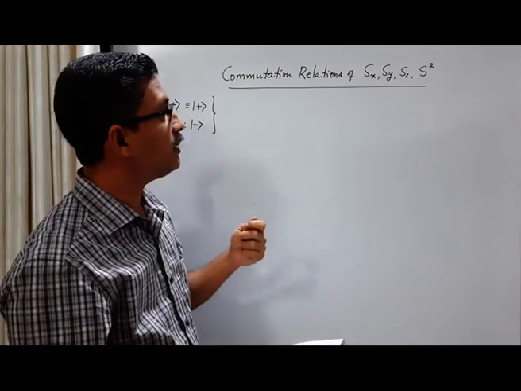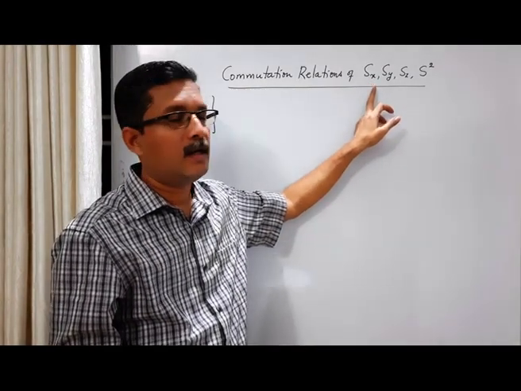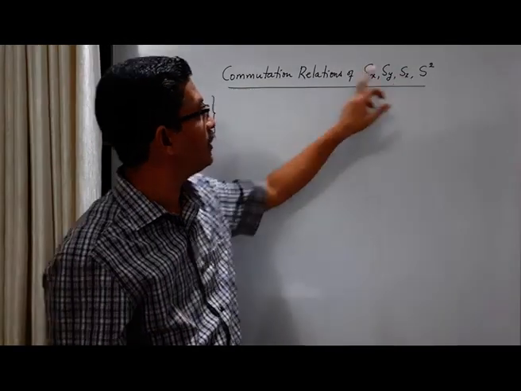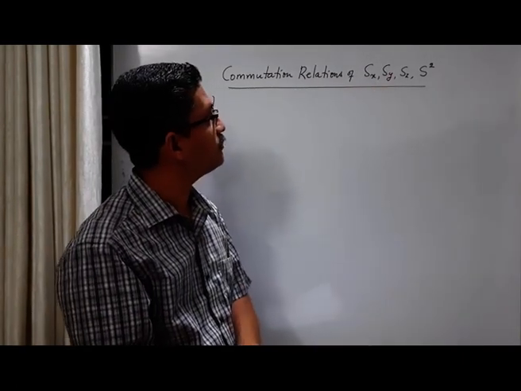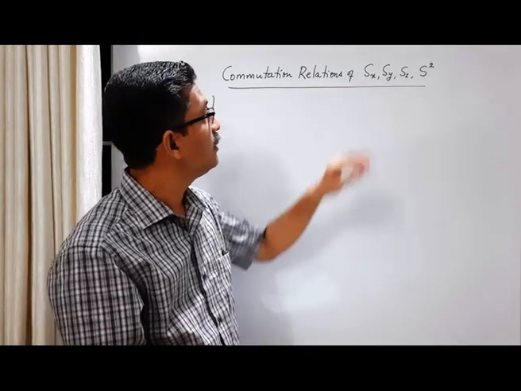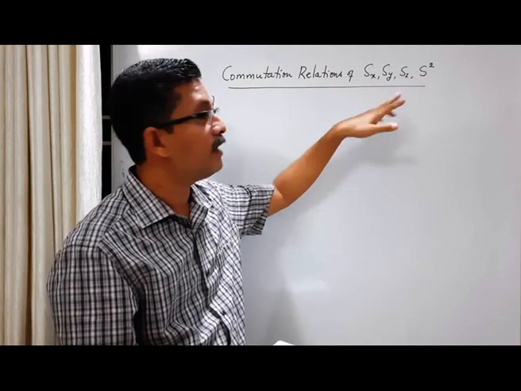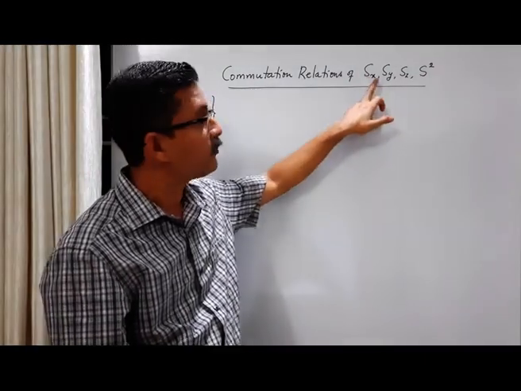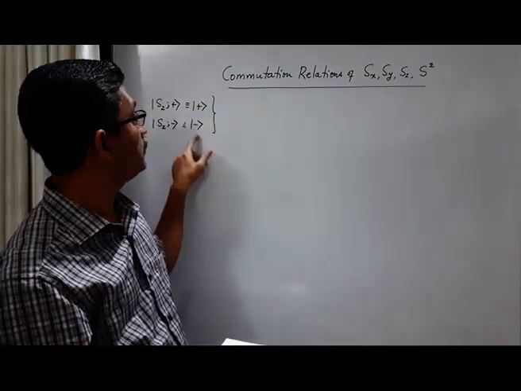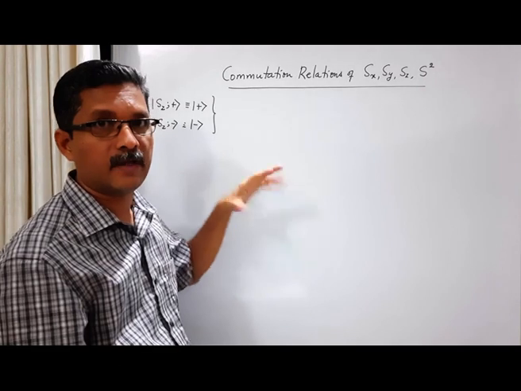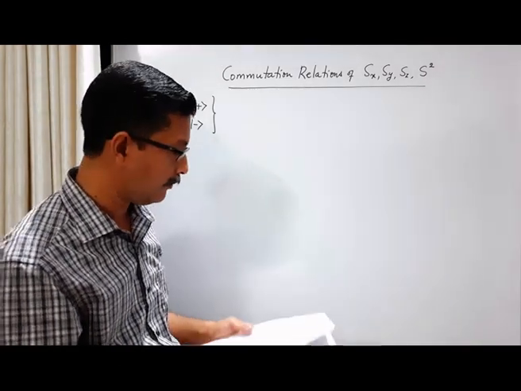Okay. We know that each operator can be expressed in terms of its own eigenkets, and so obviously Sz can be expressed in terms of these, but Sx and Sy also can be. In the previous class we have done this: they can be expressed in terms of their own eigenkets, and then these eigenkets like Sx plus, Sx minus, also Sy plus, Sy minus, can be expressed in terms of these eigenkets of the Sz operator. That's the way. So we have established these results in the previous classes. I am just quoting them.